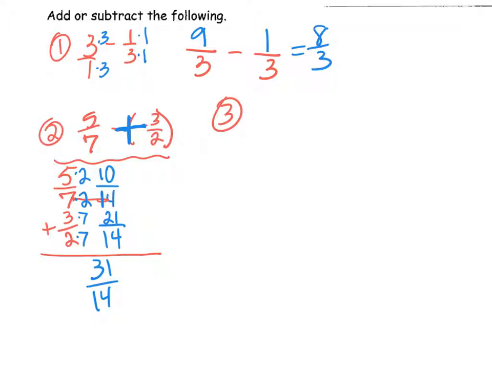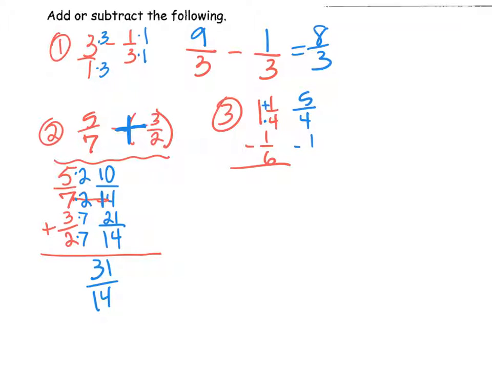1 1/4 minus 1/6. Okay. The best thing to do, because it's this 1 1/4, is to make the 1 1/4 into an improper fraction. Remember how it's 1 times 4 plus 1? What is 1 times 4 plus 1? 5